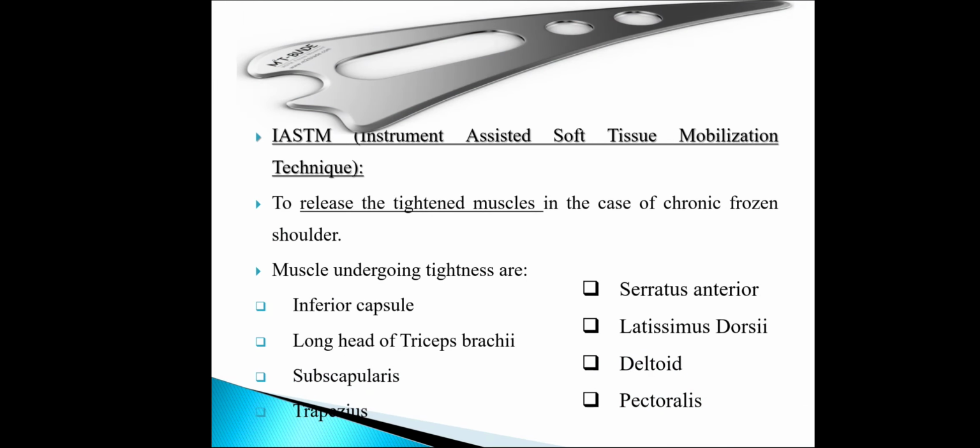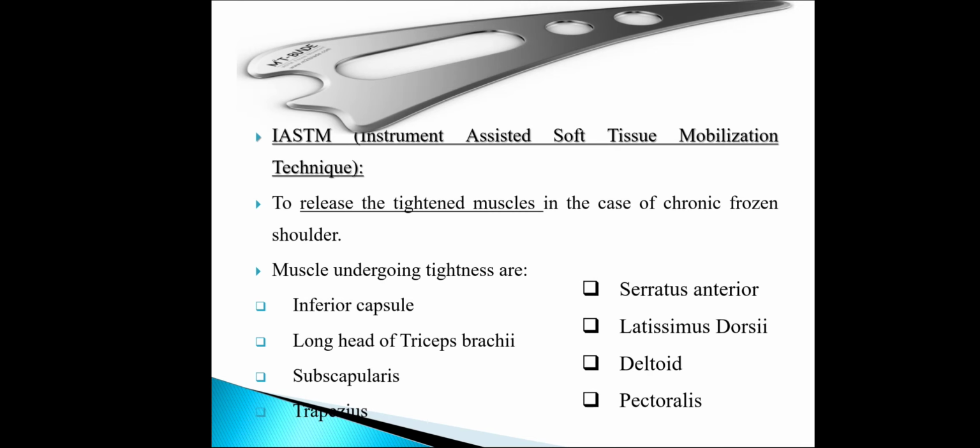IASTM, instrument assisted soft tissue mobilization technique, using the M2T blade. This blade was invented by Dr. Adam Bogar from Canada. He said that using this blade, a certain and constant amount of pressure can be delivered when you are releasing a soft tissue. But this blade needs one important principle: the 45 degree and 55 degree inclination of the plane, for plane 2 and plane 3, is a must.